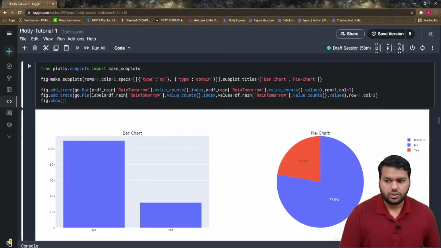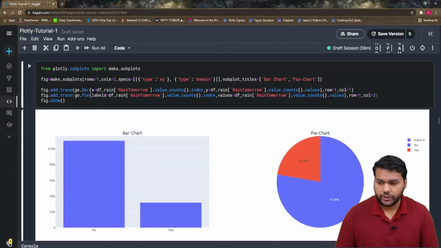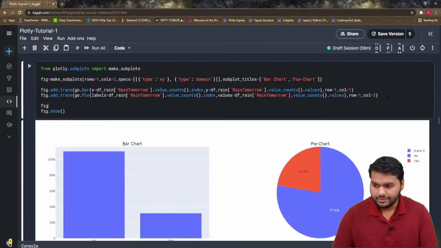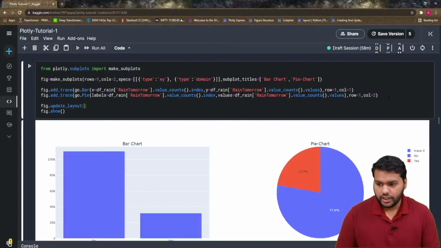You already know how we control the style of the figure with the help of update layout. So we're going to write fig.update_layout. In the layout, you can create one dictionary, and then create another dictionary for title, that is text, and you can pass the text here: Target distribution.